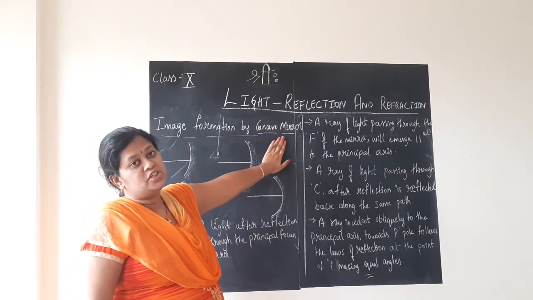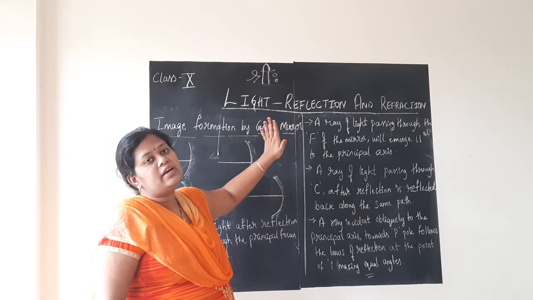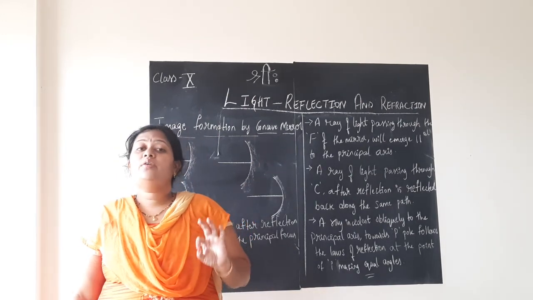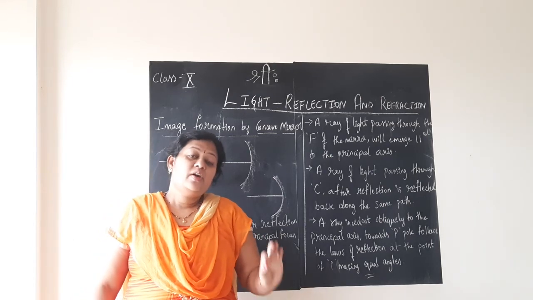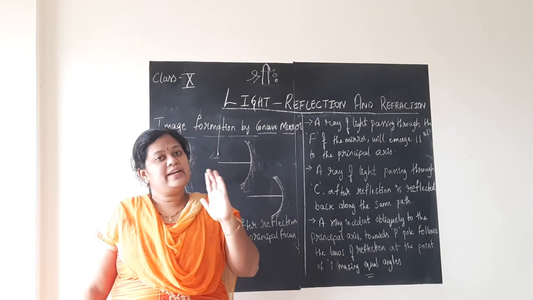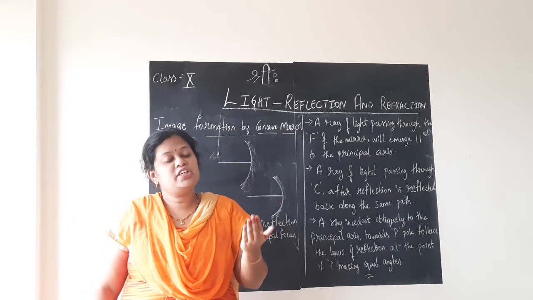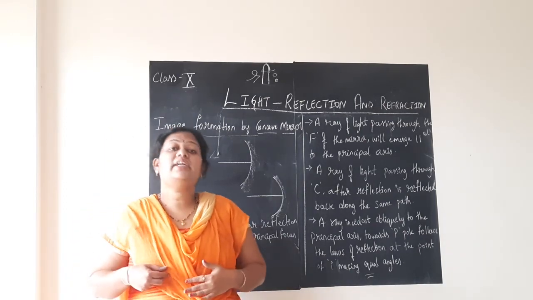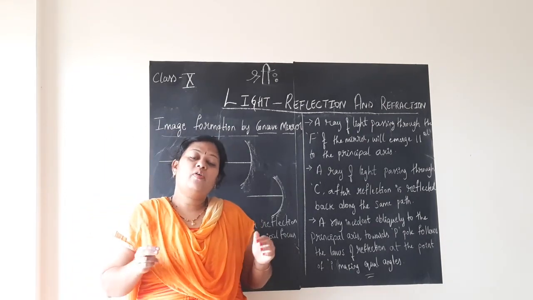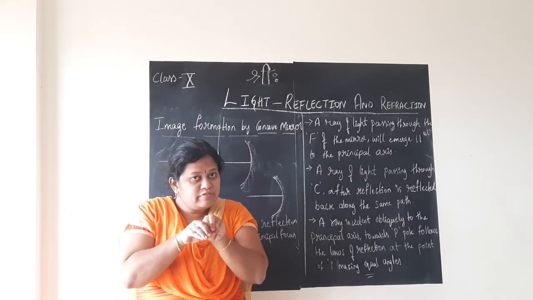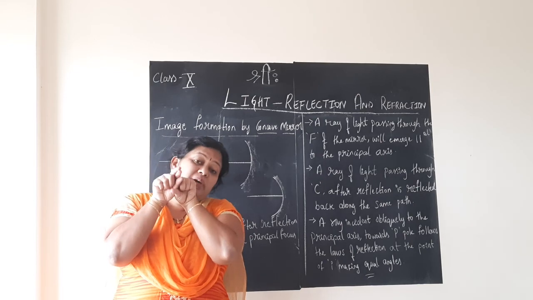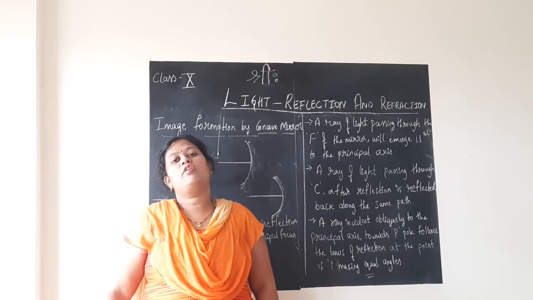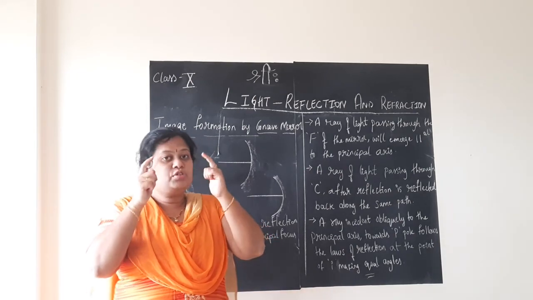We are paying more attention to ray diagrams on the concave mirror, or image formation by the concave mirror. That you are going to explain with the help of ray diagrams, as I said, where the image is formed. When you pass light on the concave mirror, the process of reflection will take place. After reflection, the reflected light, where it meets, that point of intersection of all the rays of light is called the principal focus F, and at F, the image of the object is said to be formed. This thing you should have in your mind.